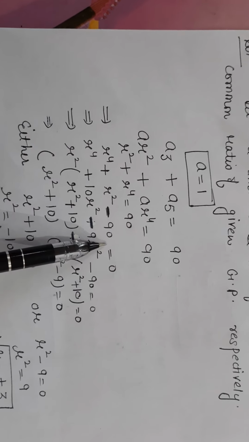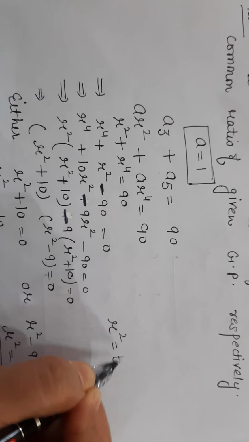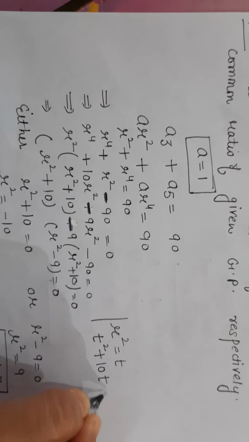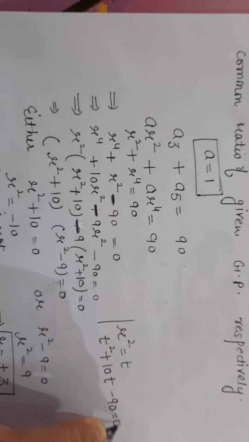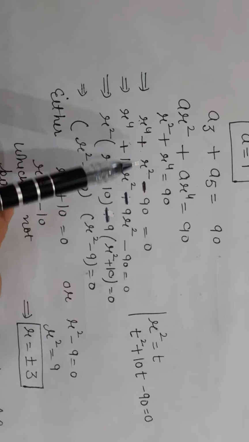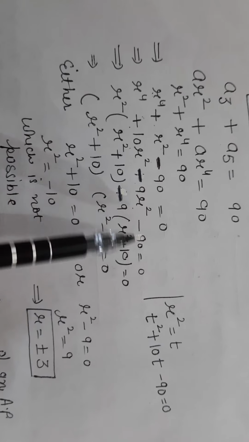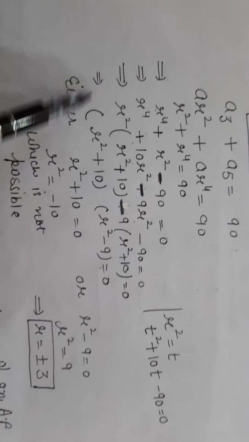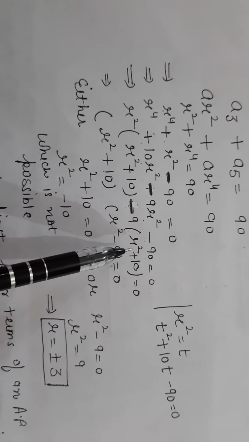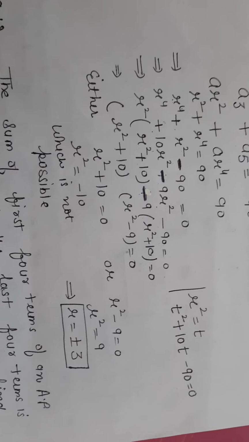So here you get this equation. Now you can either solve this equation by substituting R square is equal to t. That means you will get t square plus t minus 90 equal to 0. Or you can also do it directly. R raised to power 4 plus R square minus 90, where the sum of roots is 1 and the product is minus 90. So you will write 10r square minus 9r square minus 90 equal to 0. Take r square common. So r square into r square plus 10, minus 9 common. You will have r square plus 10. So here you have r square plus 10 into r square minus 9 is equal to 0.